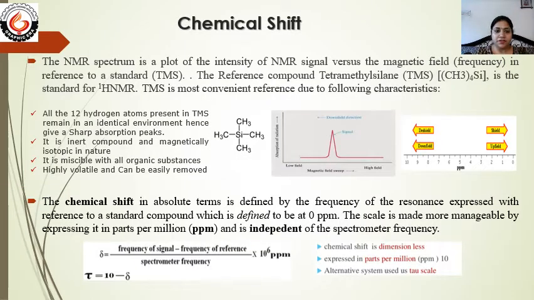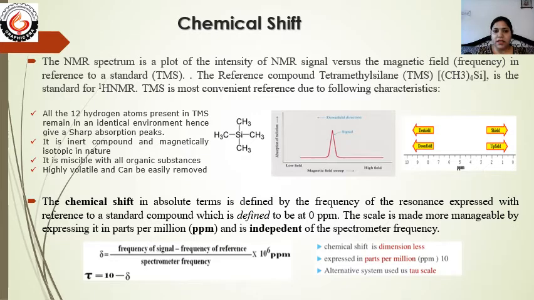Chemical shift. The NMR spectrum is a plot of intensity of NMR signal versus magnetic field frequency in reference to standard TMS. Unlike UV and IR spectroscopy, where the direct value of the wavelength is given, here the signal is always with reference to a reference material. The reference material used here is TMS, that is tetramethylsilane,